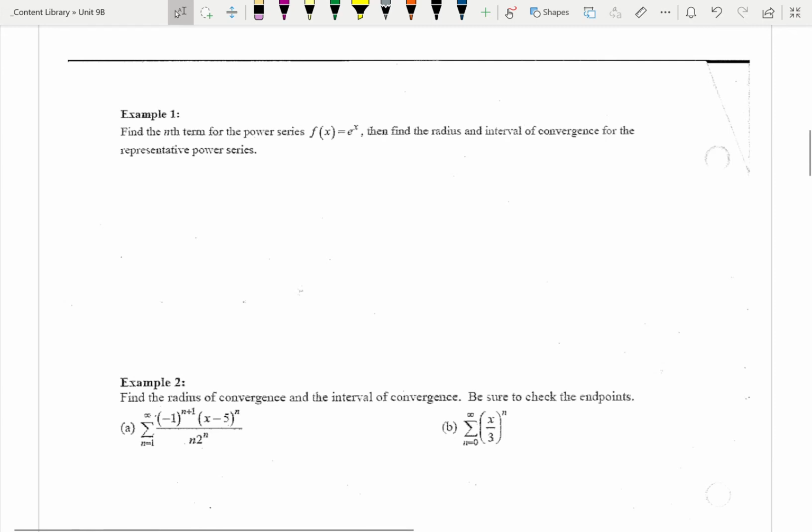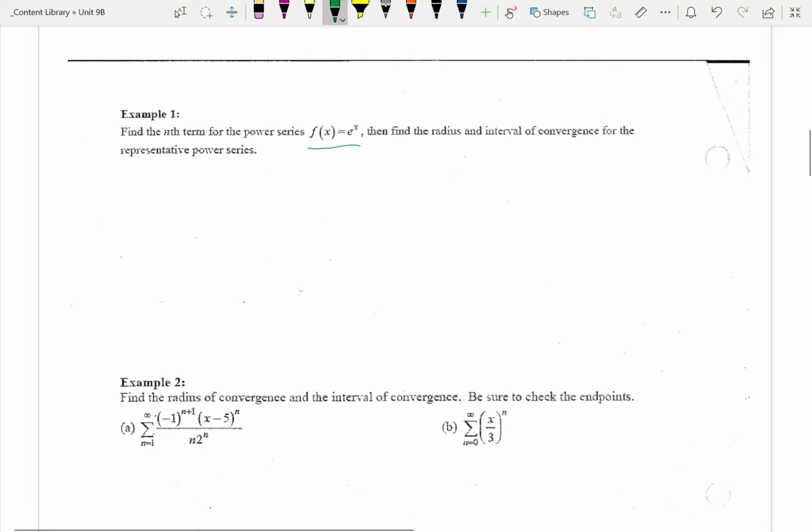So let's jump into it. This first example asks us to find the power series for a particular function, f of x equals e to the x. So in these sorts of problems where we're given the value to which the series converges, in other words, e to the x is the value to which the series is supposed to converge, then it's going to be a Taylor polynomial. Or in this case, perhaps a,